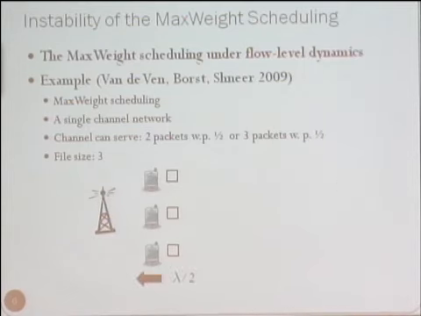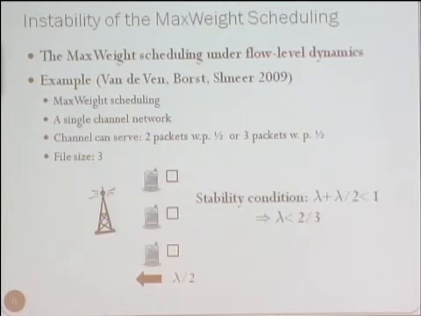And it's going to be served, in this case, if the channel state is 2, so 2 of the packets are going to depart and 1 packet is going to stay in the system. So what is the maximum arrival rate this policy can handle? With probability half, it takes 2 time slots to serve your packet, because there are 3 packets in the system. When you arrive, if you can only serve 2 packets, later on you're going to have 1 packet which has to be served at some point, so it's going to take 2 time slots to serve a file.